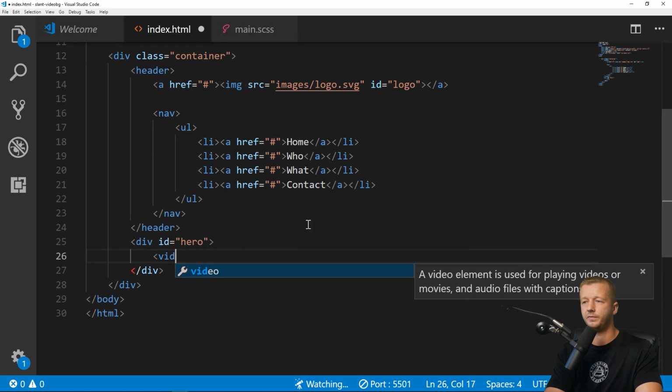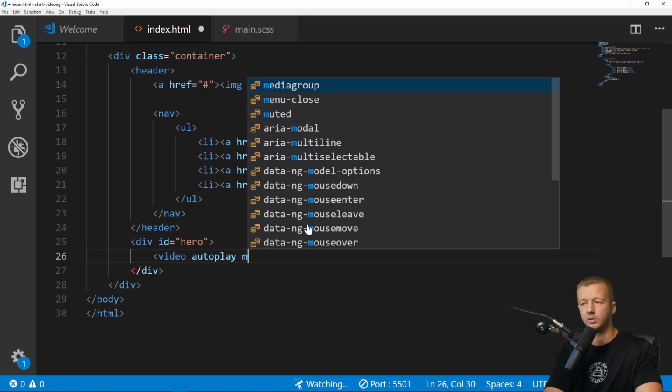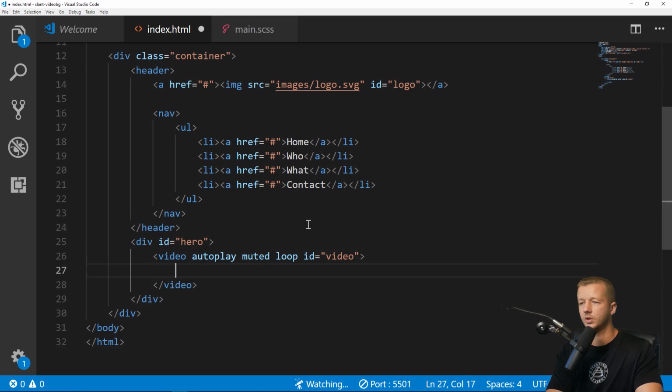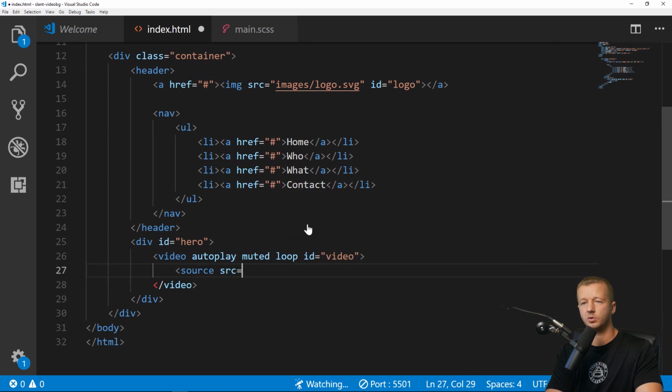And then we'll have video. And this is how we're going to get our video in here. So we're going to add the attribute of autoplay. It's going to be muted. There's no sound in it anyways. We're going to loop it, and then ID equals video. And then also inside of here, we put in a source attribute of video.mp4. Type equals